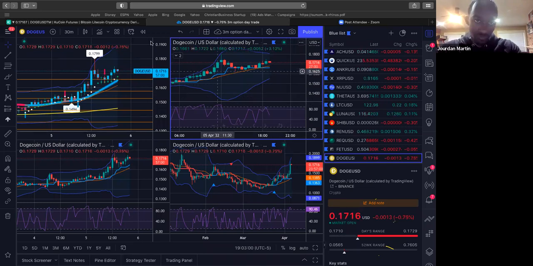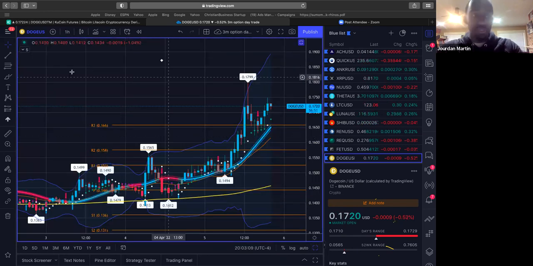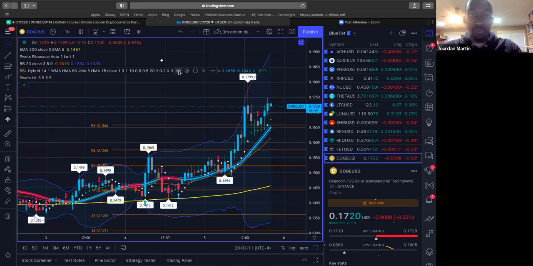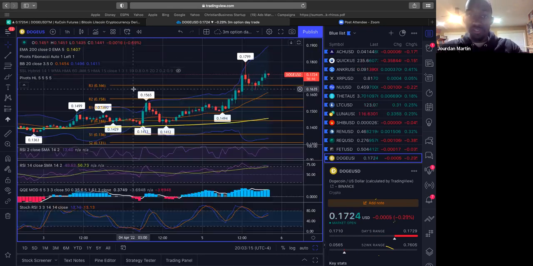So we're gonna get into that, first just looking at potential moves, right? I'm gonna go ahead and make my chart a little simpler to look at. I've got a lot going on right now. Like I said, I'm testing and trying out some different things. But let's just take, for example,